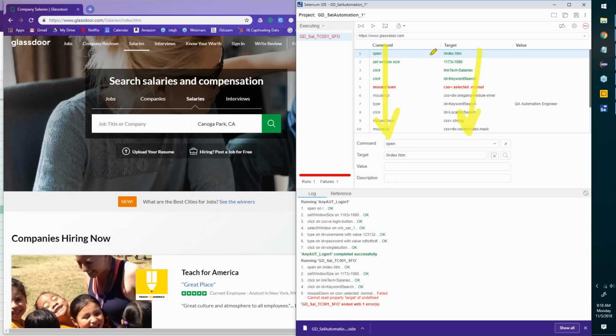See, open a browser and go to the home page. Fair. Set window to resize. Fair. Now it's saying click. Click what? What should we click? As per the test steps, it's click on salaries. If I click on salaries, Selenium needs to know where salaries is in this page, team. Humans, you and I, can see it visually, and that is how we know. Okay, I can see salaries. I'll take my mouse there, click it. Selenium is a machine. It does not have eyes. It needs to understand what it does.